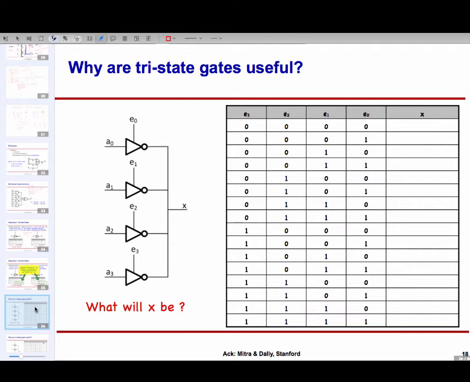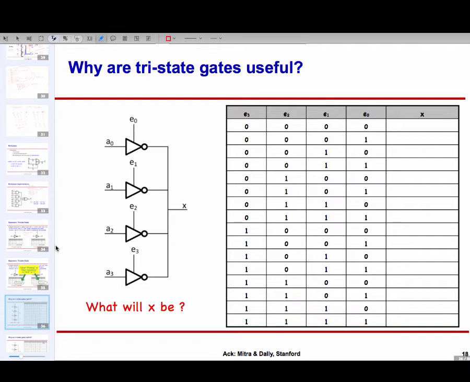I can take 4 inverters, which are tri-state inverters, and connect their wires together. Normally, if they were regular inverters and we connected their wires together, bad things would happen, because some inverters would try to put out the voltage for 0, some may put out the voltage for 1, and electrically bad things would happen. But here, we arrange that at any given time, exactly one of them is enabled and the other 3 are disabled, and then it will act like a multiplexer.